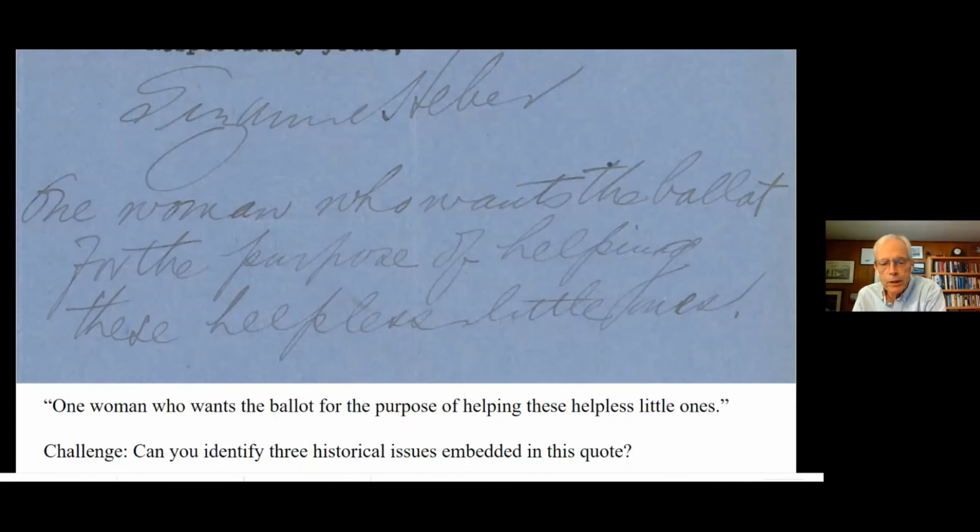Yeah, child labor is certainly one of them. And women's suffrage is a second. And so you see how child labor, women's suffrage, and poverty all come together. And the third, if you looked at the whole document, is her name, of course, the fact that she's an independent woman writing separately to Congress. She's really working with a degree of autonomy that women of prior generations didn't always exercise, and she's writing to them on a political issue.